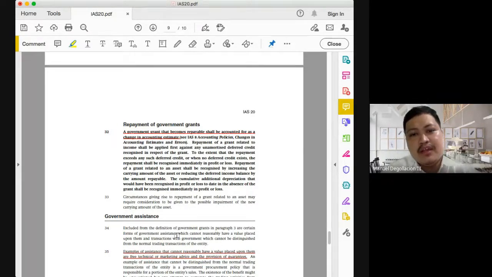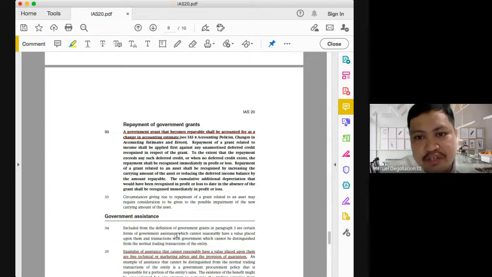You will be informed as to how much will be repaid. So that will be the amount of cash that you will have to give up. The bigger issue for repayment of government grants, class, is the amount of loss or gain on repayment that will be recognized. Okay, so repayment, and of course, remember, class, very important, a government grant that becomes repayable shall be